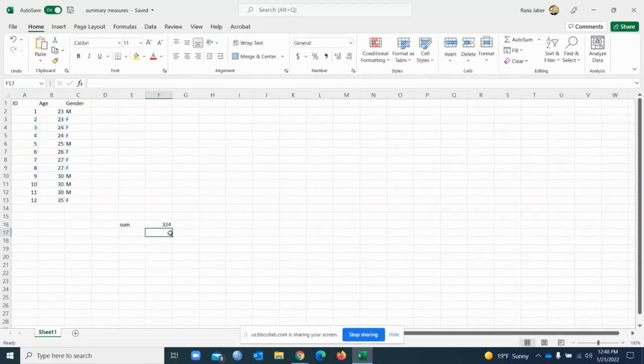Then you will have 324. So our n for this study is equal to 12. So this is 12 participants. The sum is 324. Now I want to find the mean. I put the cursor here, so I need the answer to be here, so everything will be organized. So I go to the function, go to this function sign and click it,